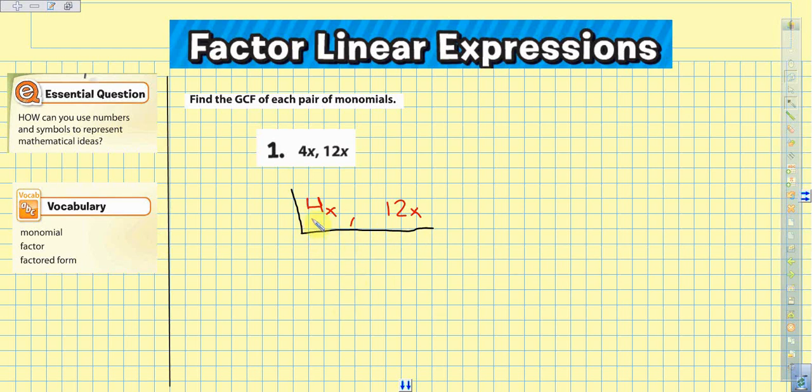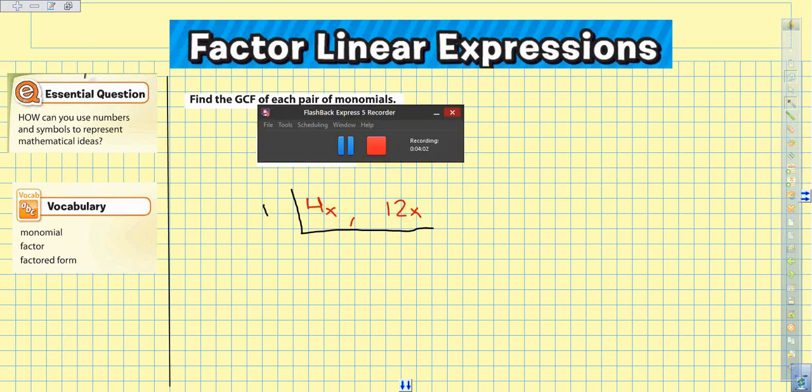And we look at this and we say, what can go into 4 and 12? Mr. Chavez, Mr. Hernandez, Mr. McCollum, Ms. Ogden, please post the